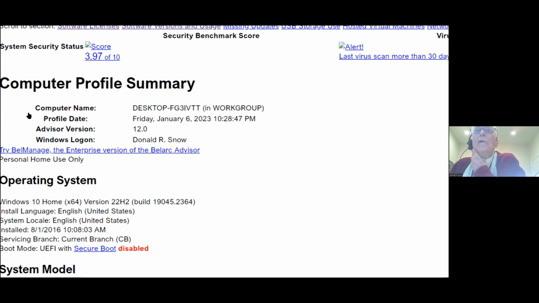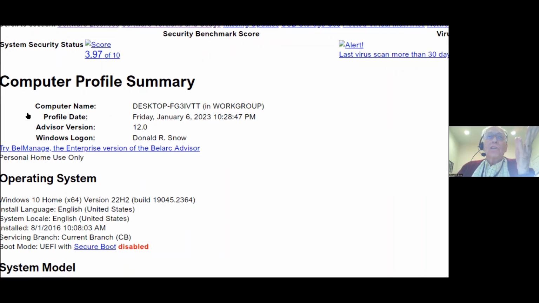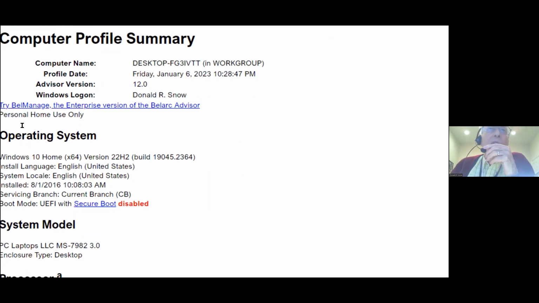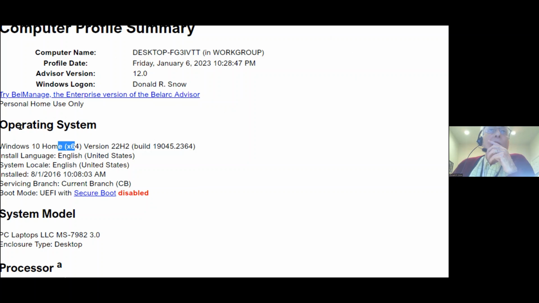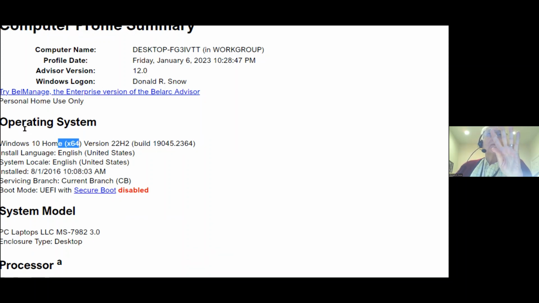And so there's the information on the computer itself. Here's the information on the operating system. And you notice that right in there, it says x64. That means I'm running a 64-bit version of Windows 10. This is Windows 10, not Windows 11. But it could be 32-bit or it could be 64-bit. You usually don't have to know that, but sometimes you do. And so this is a way to find that, but it's also a way to keep track of everything